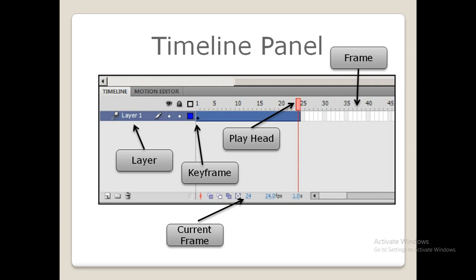It shows the current frame on the stage. So here we have 24. So 24 is the current frame on the stage. Next, coming to the frame rate, it shows the number of frames being played per second in the animation. So we have 24 frames playing per second in an animation.